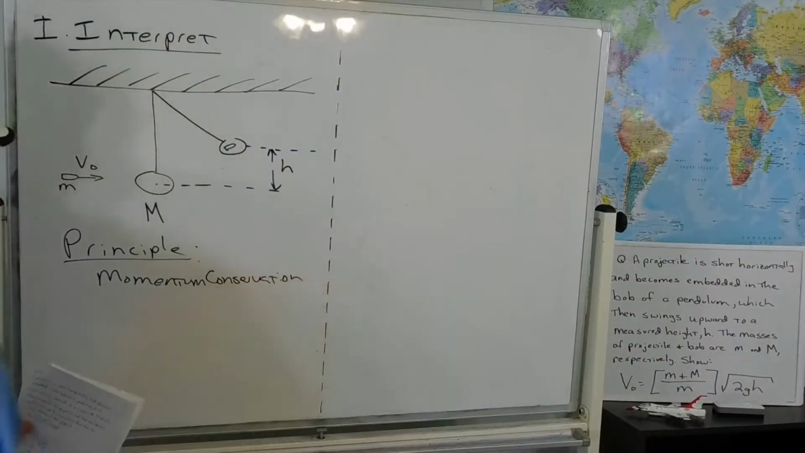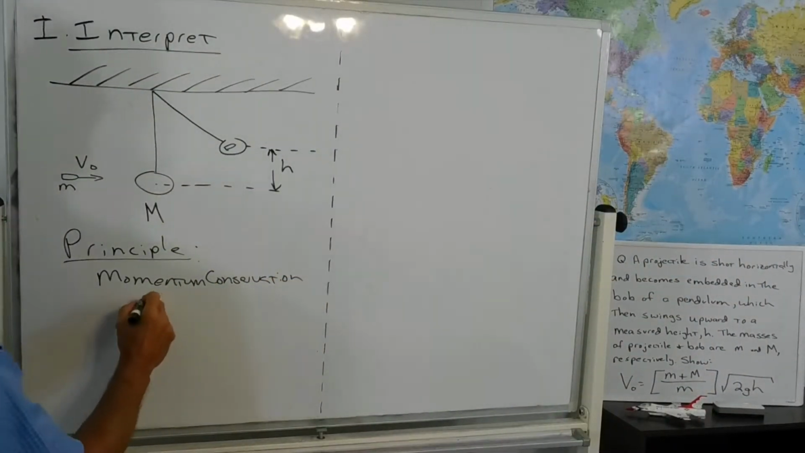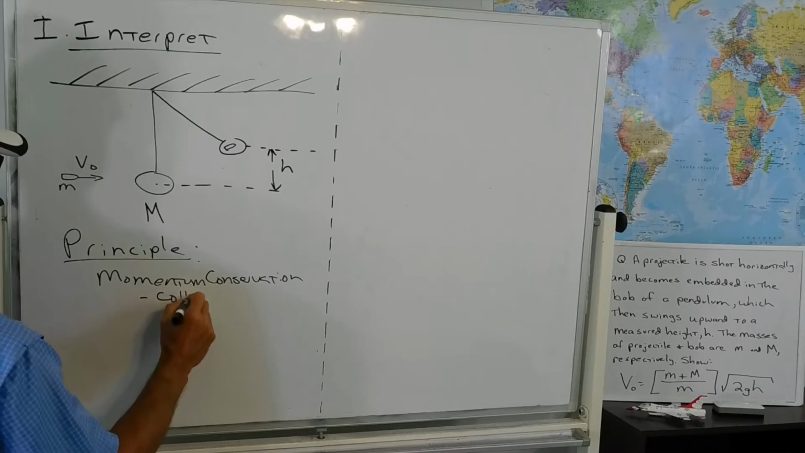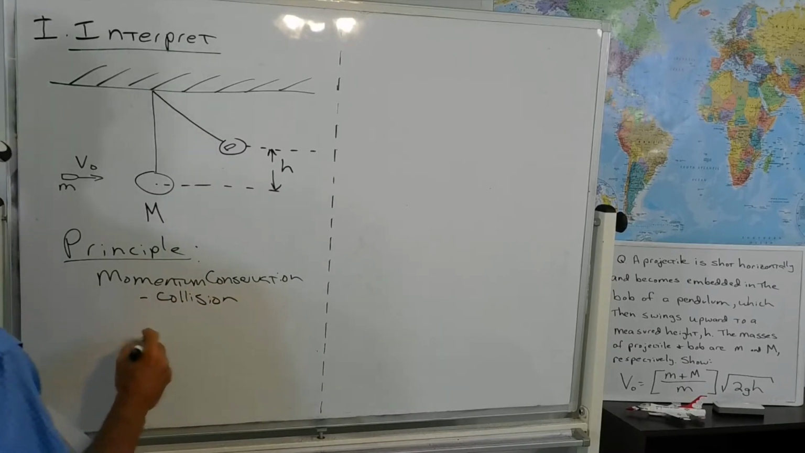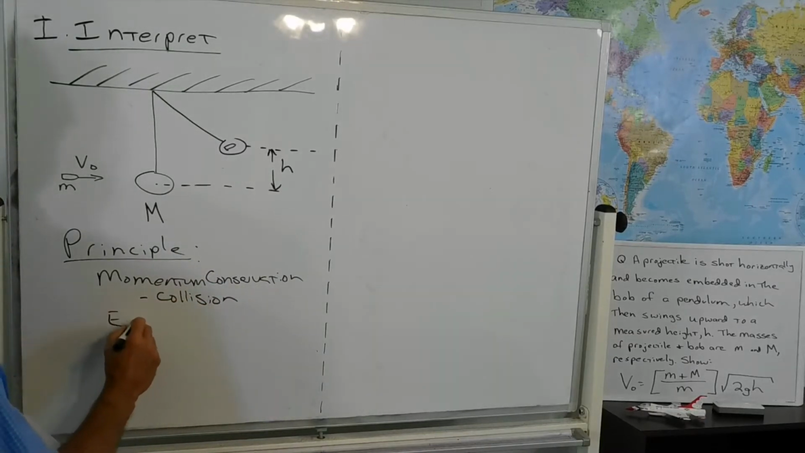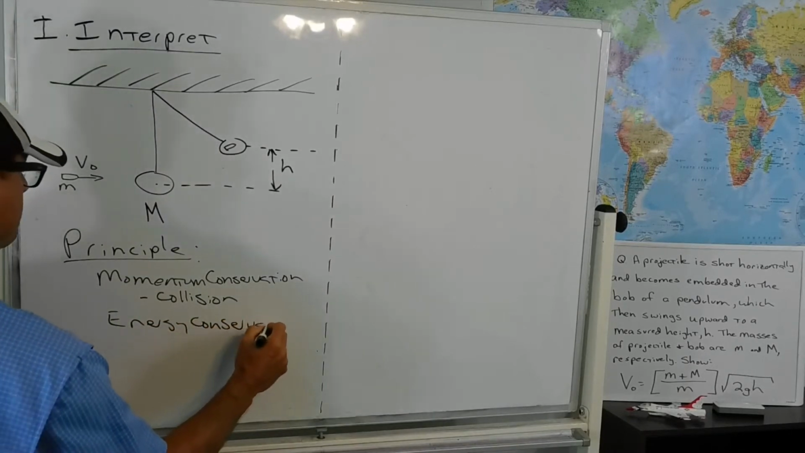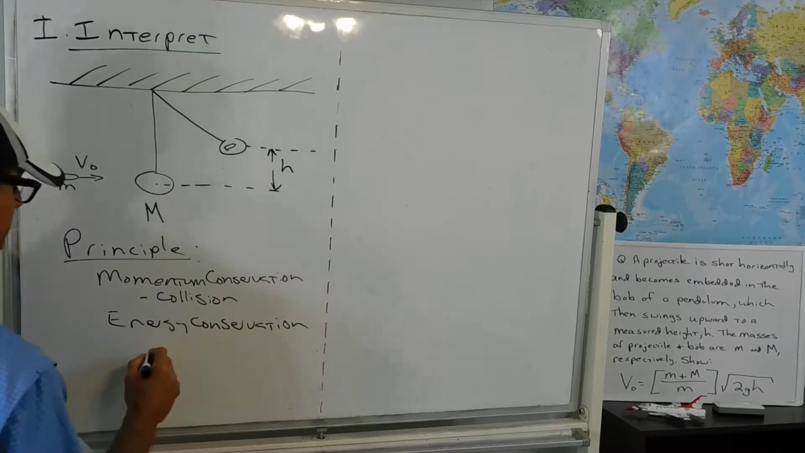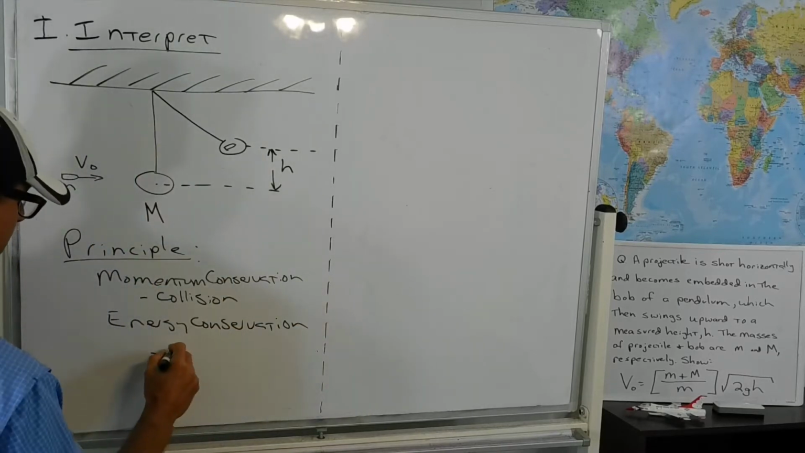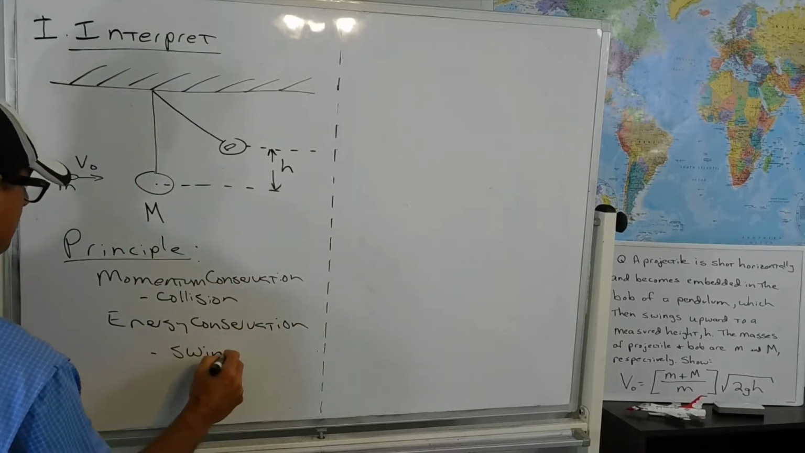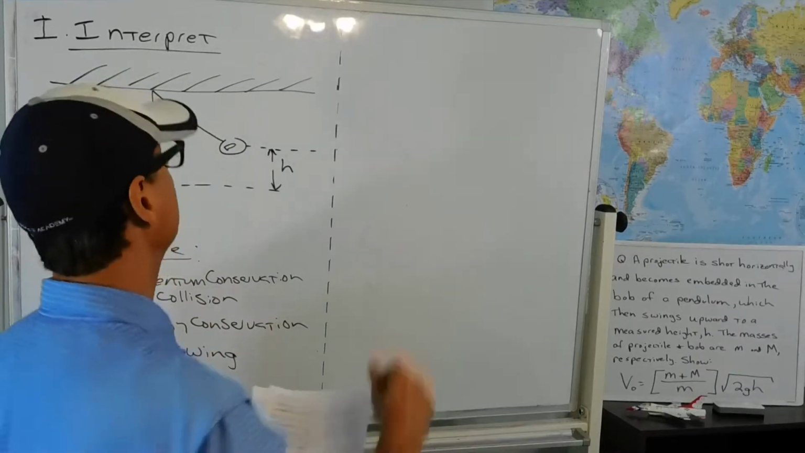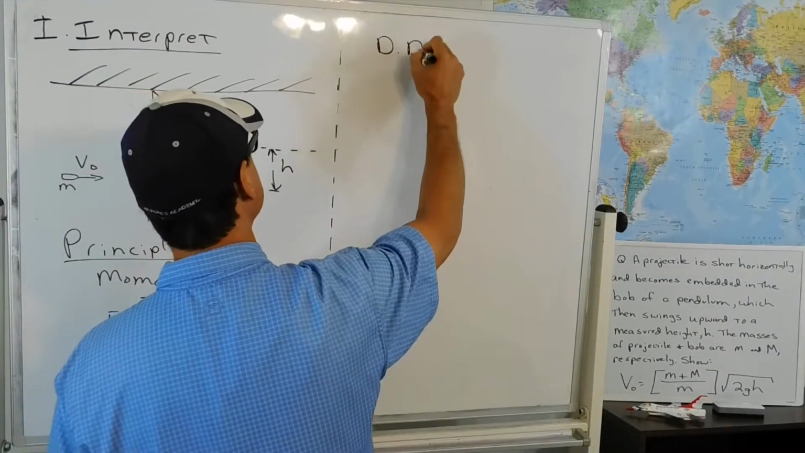And we're going to use conservation of momentum. That's important in analyzing the collision. And then we also have energy conservation. And energy conservation is useful and important for analyzing the swing. Okay, so to develop our bullet point plan,